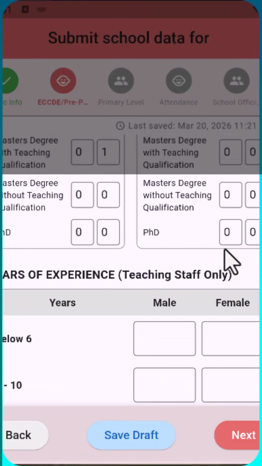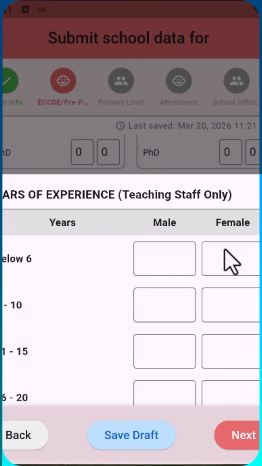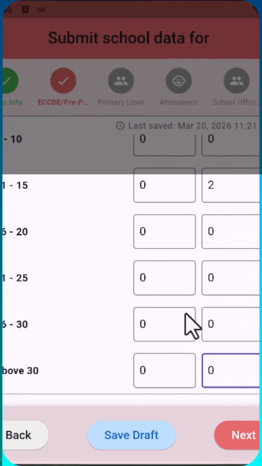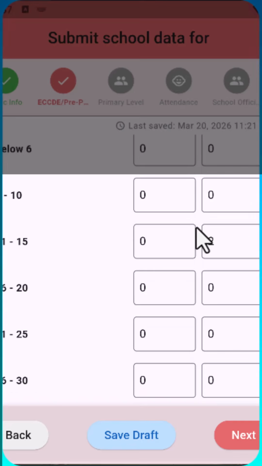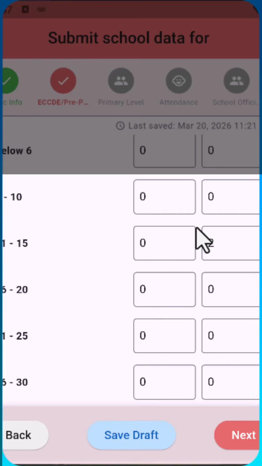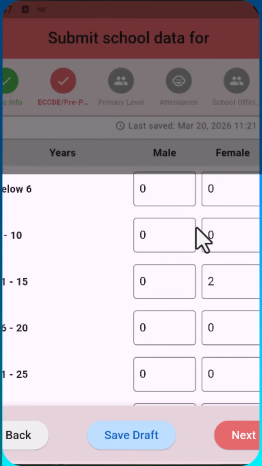We move on to the years of experience. Now this aspect is for teaching staff only. Since I said I only have 2 teaching staff, I will only input details for those 2 teaching staff. Now, as you can see, I have populated the required information for this section as well. And you can see I said the 2 female teachers in ECCD or pre-primary section have between 11 to 15 years of teaching experience. And as soon as I'm done, I will click on next to go to the next